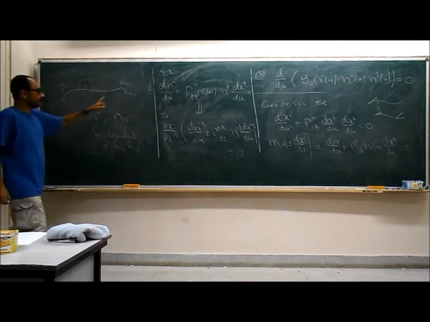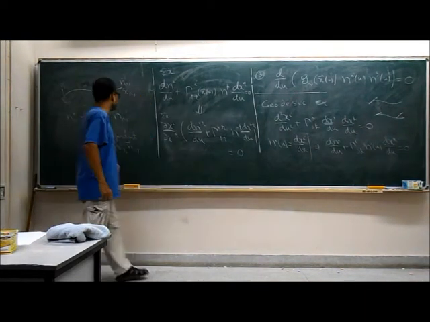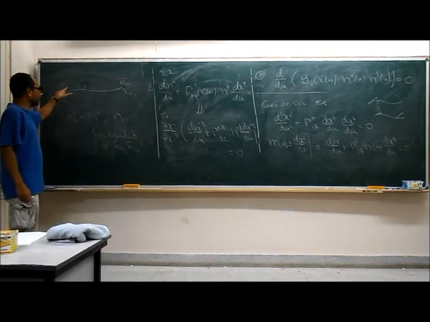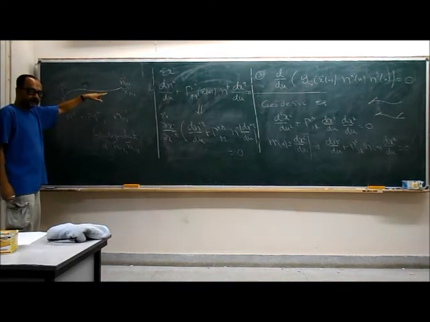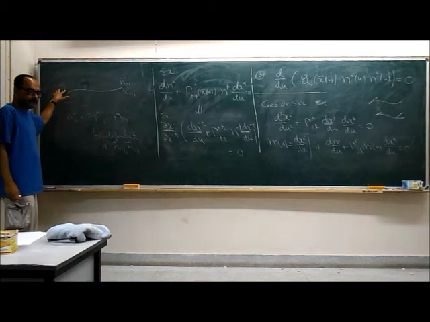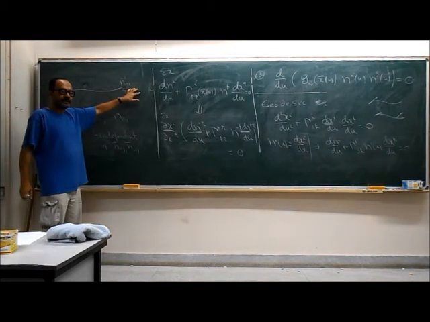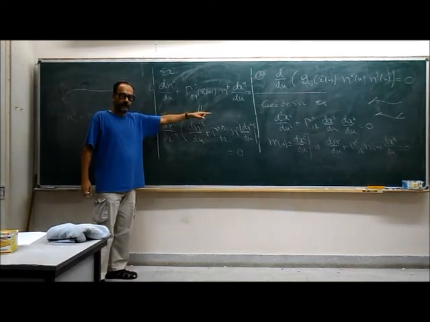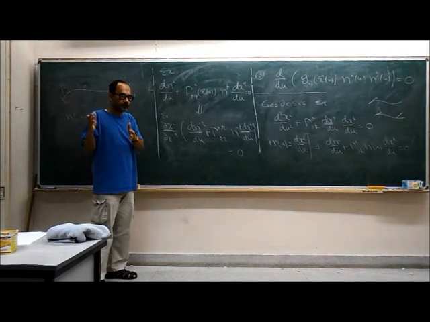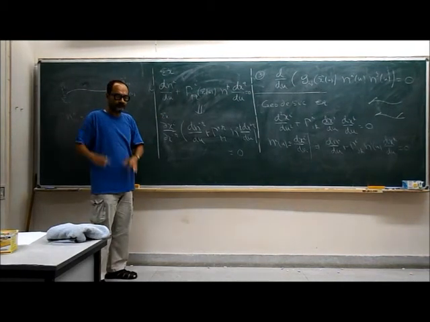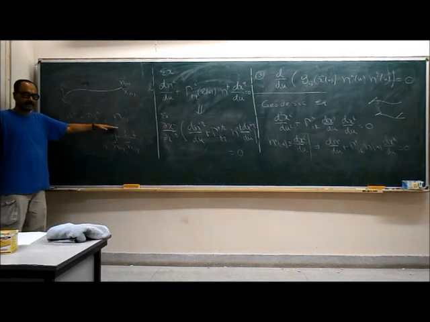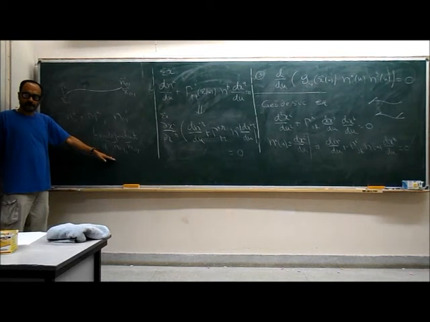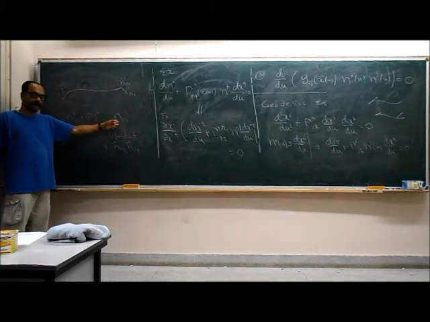So the point is that this equation is linear, right? Which means that if we take any linear combination of two vectors here, and n1 goes to n2 and n1 prime goes to n2 prime, then that linear combination, say alpha n1 plus beta n1 prime, will go to alpha n2 plus beta n2 prime. Because this equation is linear. A solution to a linear differential equation, if you superpose, remains a solution to the differential equation. And that's what we are saying here. There is some matrix M^i_j which is independent of n1 and n2, which relates n1 and n2 in this fashion.